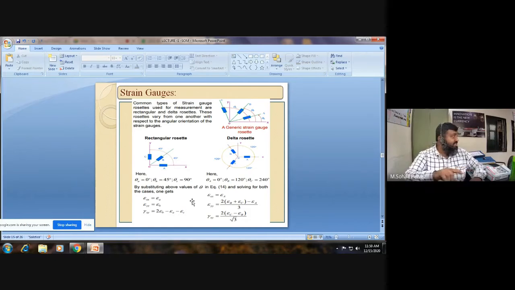The strain gauges. The second type is the delta rosette, where the arrangement is as per the requirement, and again the rectangular rosette, wherein we have three different inclinations. That is 0, obviously 0 is the base, then 45, and then 90. So with this arrangement, we can accurately measure the strain on any surface, on any beam, on any shaft, on